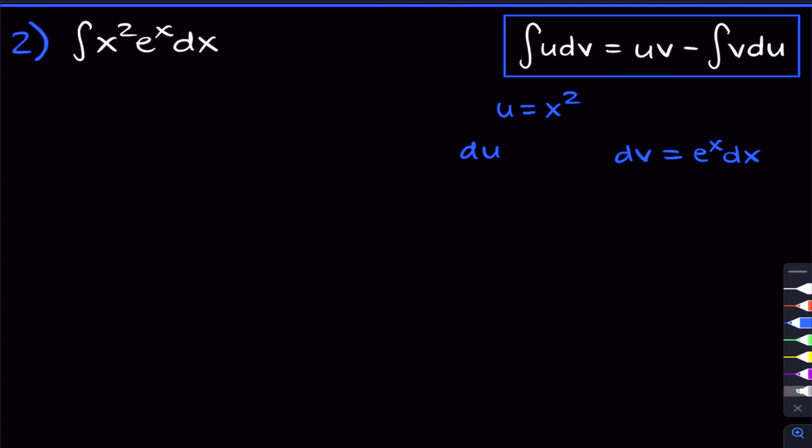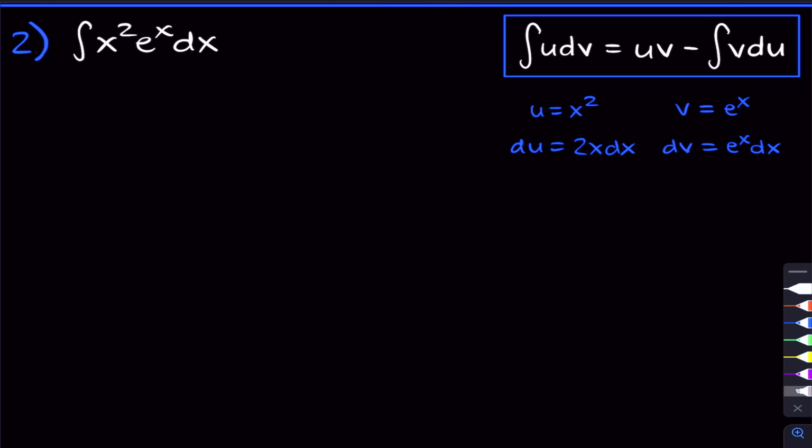Now, du, that is the derivative of x squared, which is 2x, times dx. And v, that is the integral of e to the x dx, and that's e to the x. So now we have what we need to plug into the integration by parts formula. When we do that, we get that this integral is equal to u times v, which is x squared times e to the x,